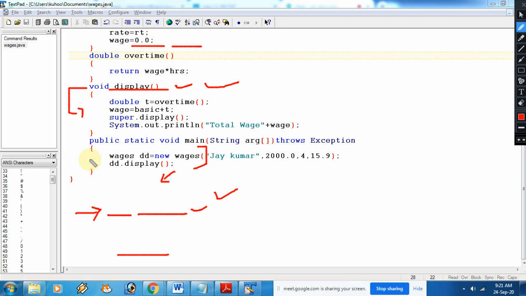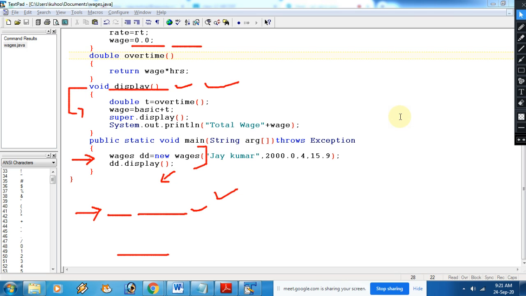In inheritance, we are always supposed to create the object of a subclass, not the base class. See, everybody knows in Java, if you create an object of any class, with the help of that object you can access the data members and member methods of that class.